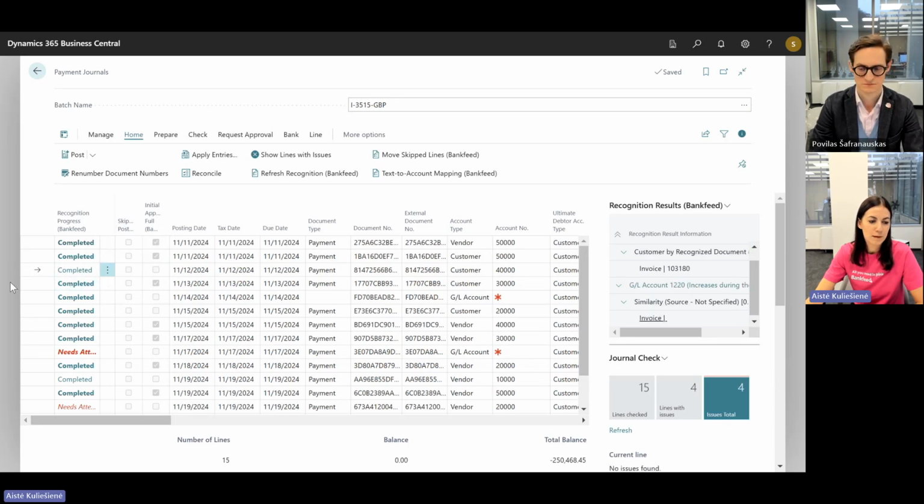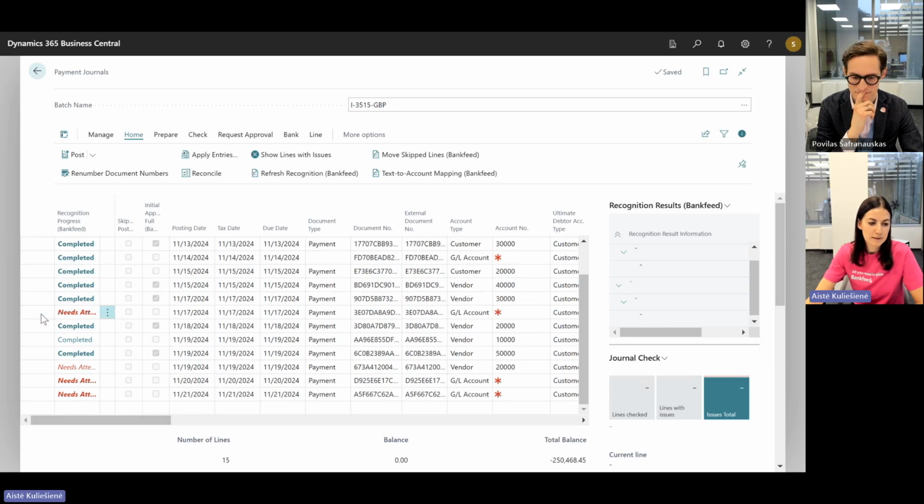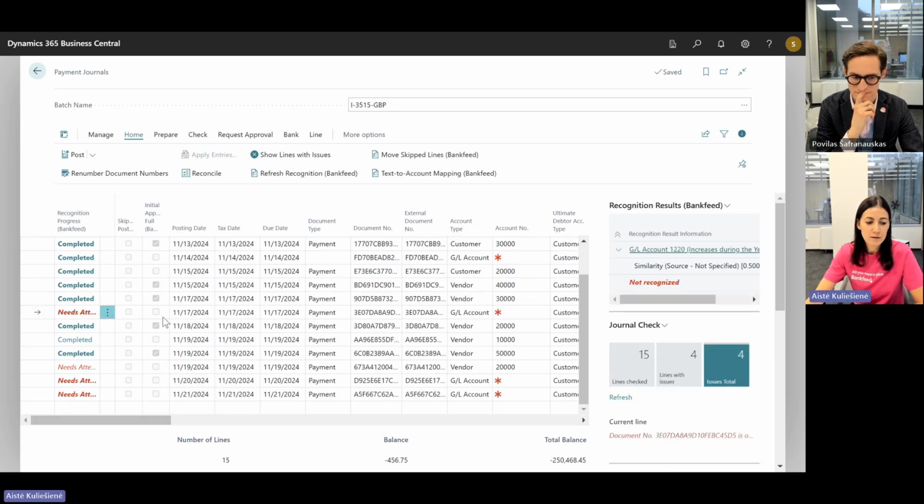This one, completed but not bold, means that the account type, customer or vendor, was found, but the application was not made. And this one, needs attention, means that recognition was not successful, and you need to manually update and check this line.